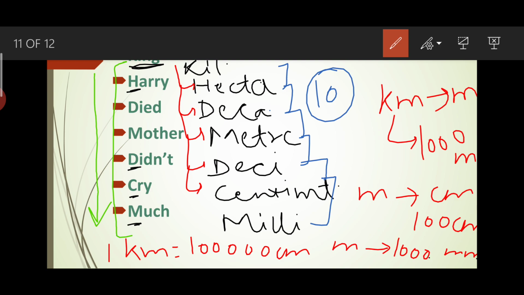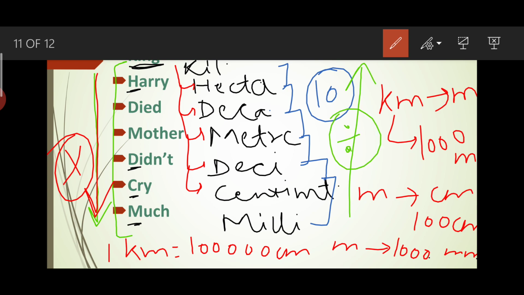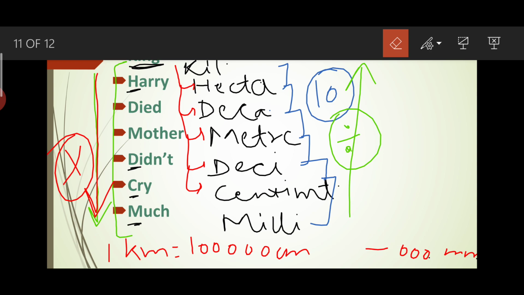Okay, and another thing that you have to keep in mind is जब ऊपर से नीचे calculate करना है, like किलोमीटर से सेंटीमीटर हम ऊपर से नीचे आए हैं, तो उसके लिए करेंगे multiplication, ठीक है। और जब नीचे से ऊपर जाना होगा, जब हमें नीचे से ऊपर जाना है तो हम क्या करेंगे? Division. Okay, let us see the division case also.